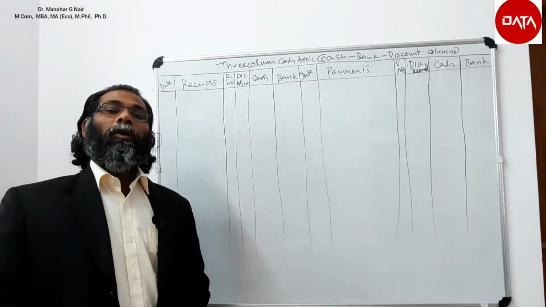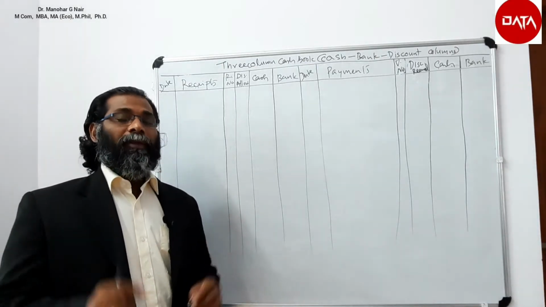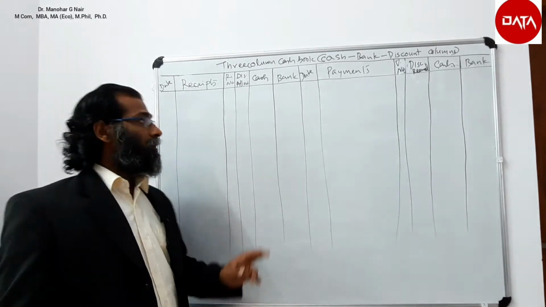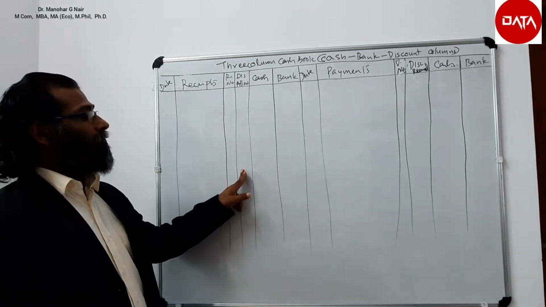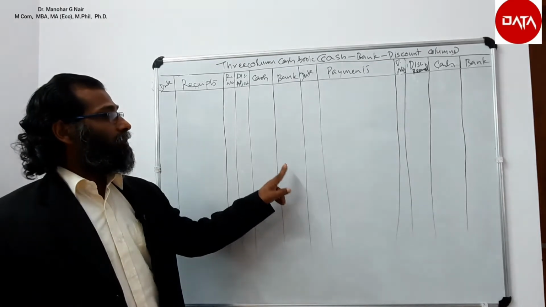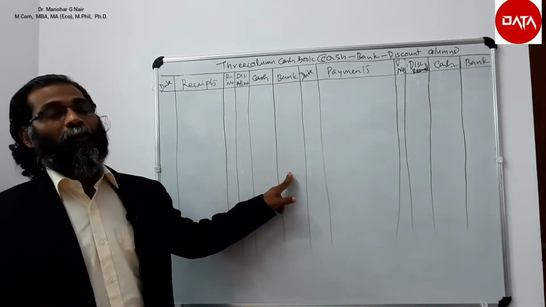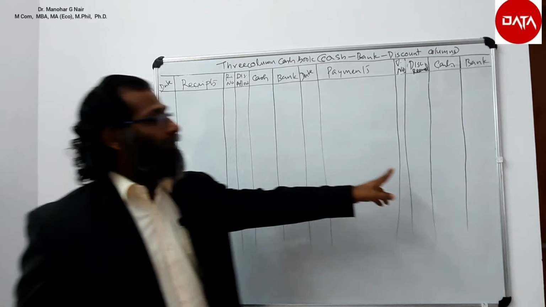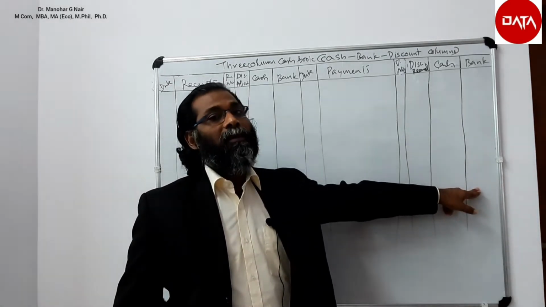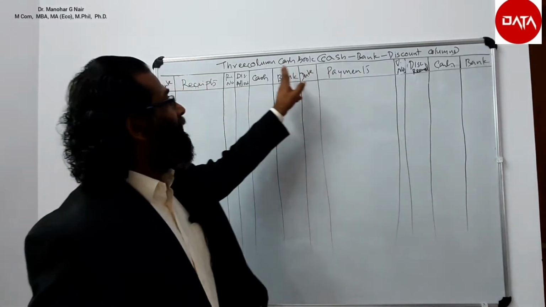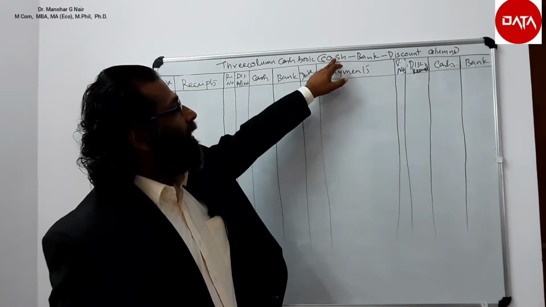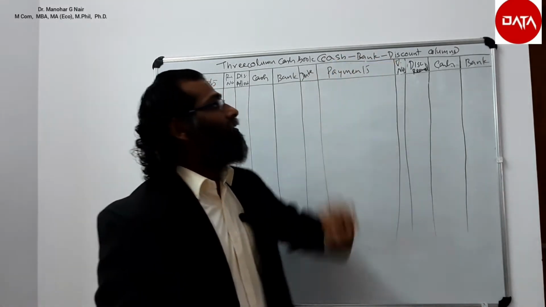In this 3-column cash book, there will be 3 amount columns. That means there will be a discount allowed column and cash column as we dealt with in the 2-column cash book. In addition to that, there will be one more column, that is the bank column. The payment side also has a discount received column, cash column, and one additional column, that is the bank column. So this title is said to be 3-column cash book. That is the cash book with the cash column, bank column and discount column.